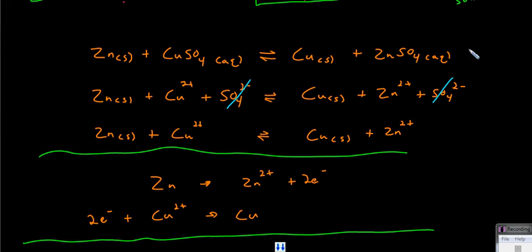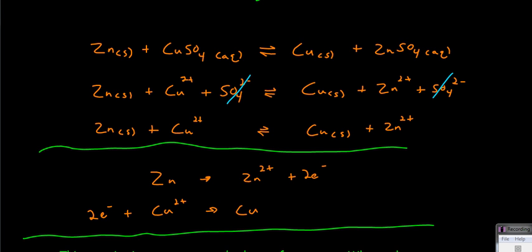Now, you can describe this reaction using the molecular equation. Zinc solid reacts with copper 2 sulfate solution to give copper solid and zinc sulfate solution. And you can write the complete ionic equation as provided, and then the net ionic equation. You can describe this net ionic equation using those redox reactions where zinc, you see, is losing those 2 electrons, it's being oxidized, and copper is gaining those 2 electrons, it's being reduced. We've seen all this before. But now, let's bring that back into describing